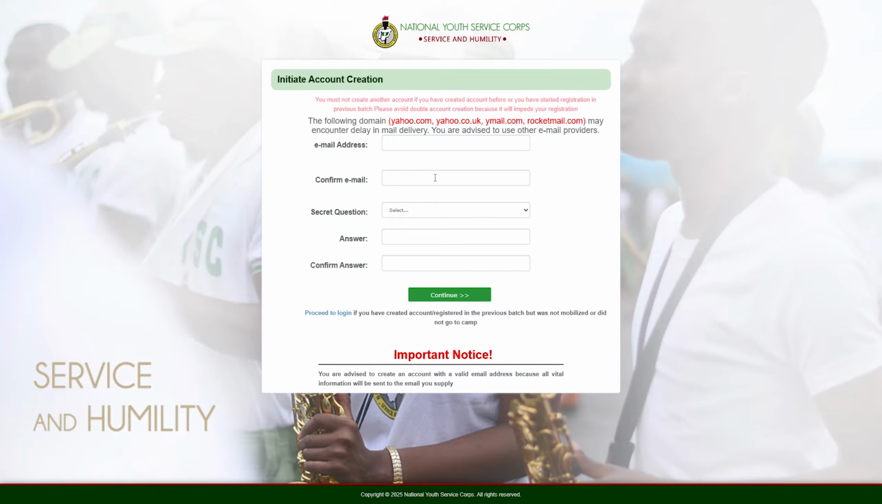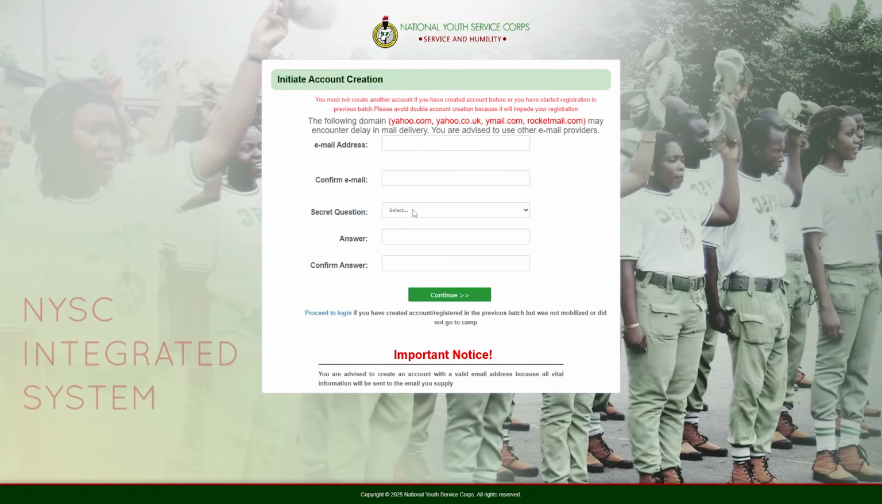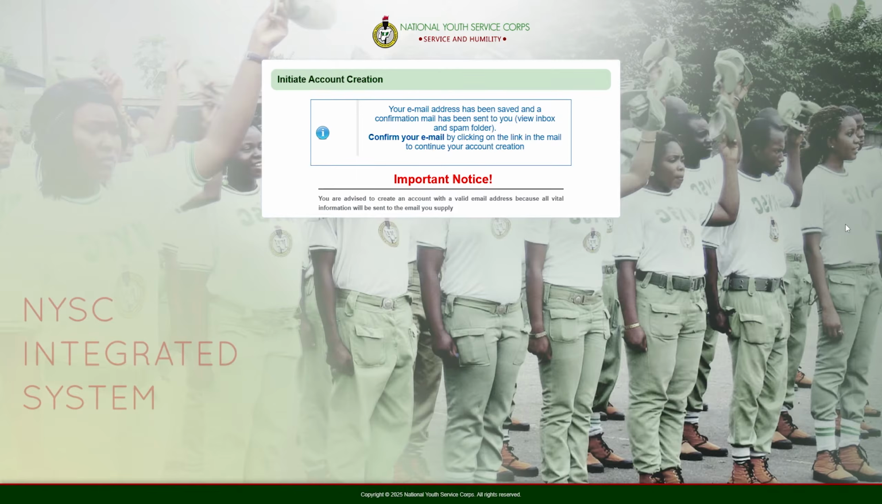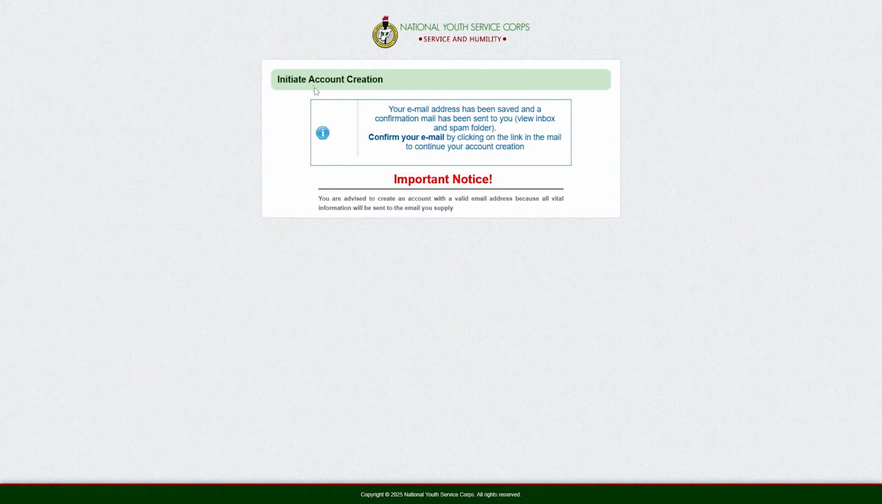Then click on fresh registration. Now fill in all your information, including the email, and confirm it. Secret question, put the answer and confirm the answer, then click on continue. I'll do these steps, then come back to you, and after that it will show here this message: initiate account